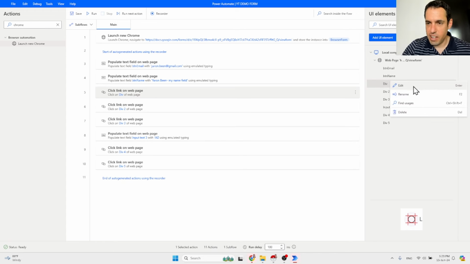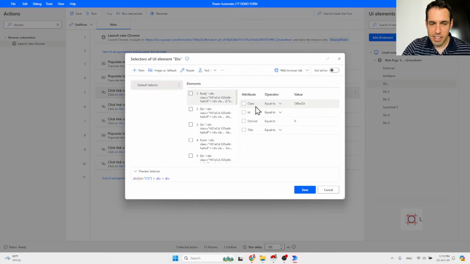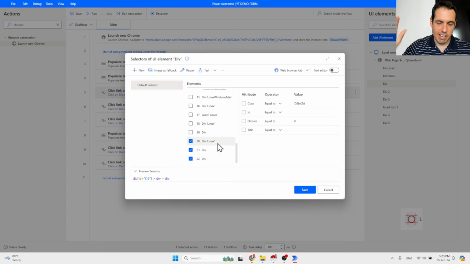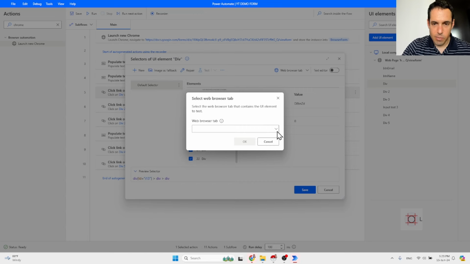You can always click here, go to the edit, and over here you have information about the selector. I know it might seem scary and technical, but it is not. And as I said, it's a very crucial aspect of the game. So what you can do over here, you can test. Click this, and then it will automatically,